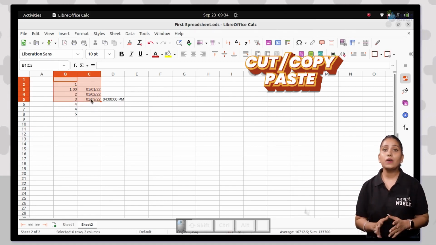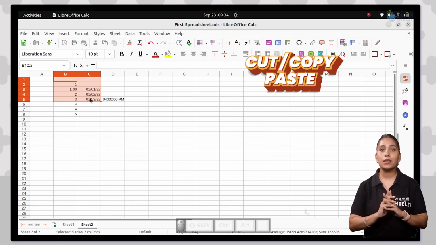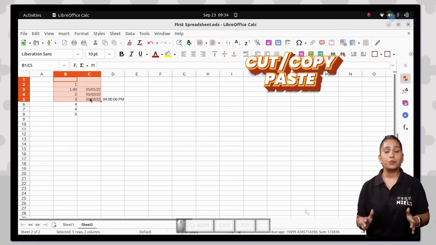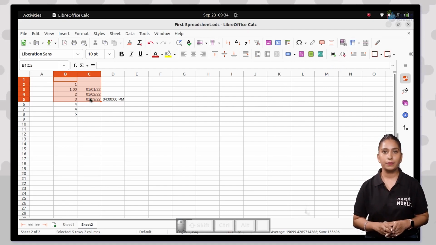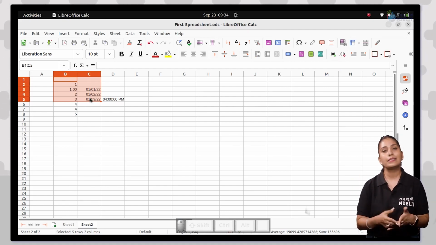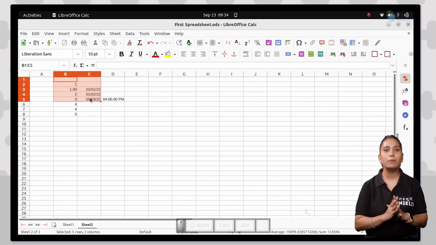Select the range of the cell that you want to copy at other place in Calc using any of the below given methods. Number 2. Then click on the copy button from the standard toolbar. Alternatively, you can click on right mouse button and select copy option from there, or you can simply press Ctrl+C